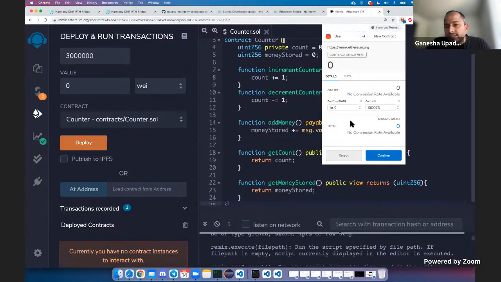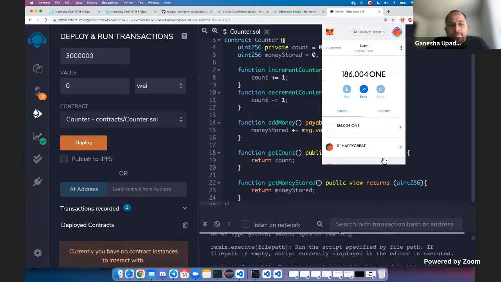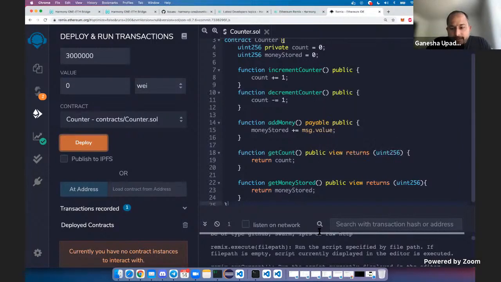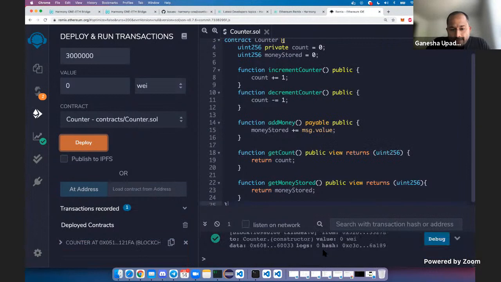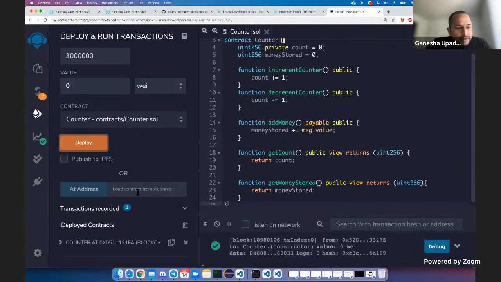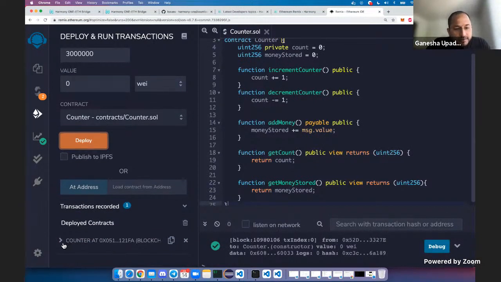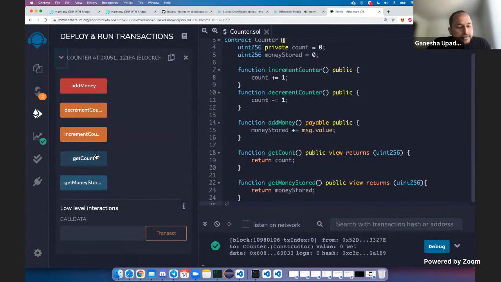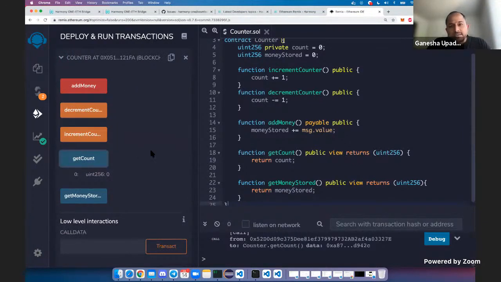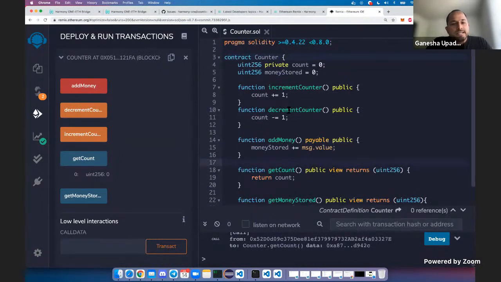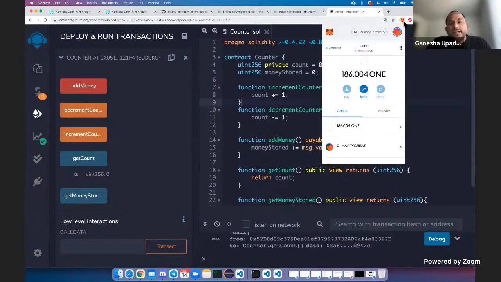The MetaMask transaction appeared. Confirm. Should be able to see. Yeah, it's deployed, so you can see the address here. Then we'll be able to interact with the contract. So it's fairly straightforward, right? Exactly the same way you do it in Ethereum. There is no difference. You just have to add your Harmony network into your MetaMask, and that's